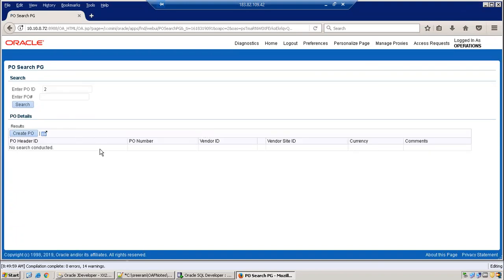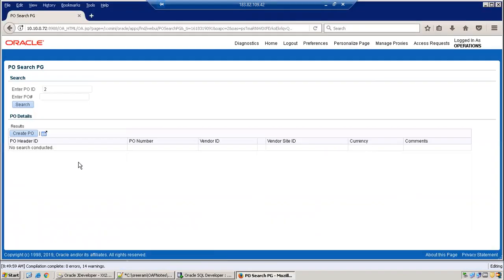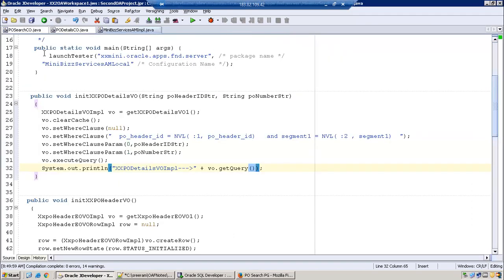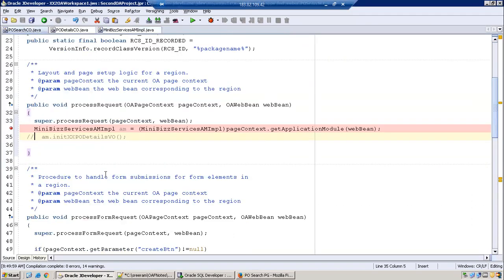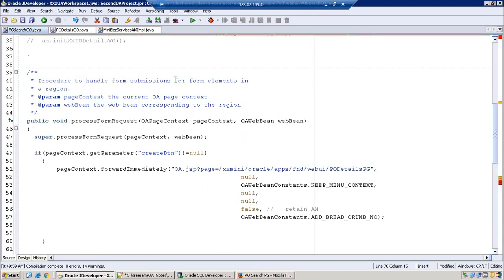It says no search conducted. So probably the method is not executed. Whenever you see no search conducted, it means that the underlying view of the table region never got executed. So somewhere some logic is missing in the CO. In this CO, I have not yet called that method, isn't it? So we just need to call that.